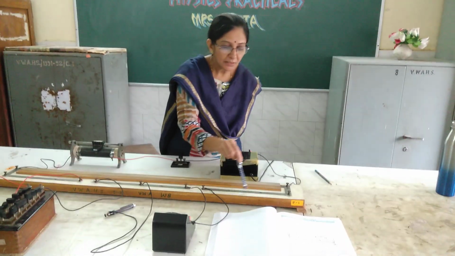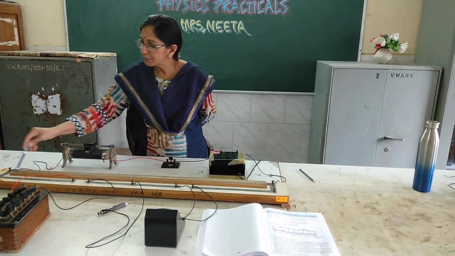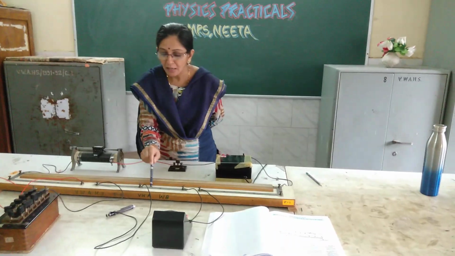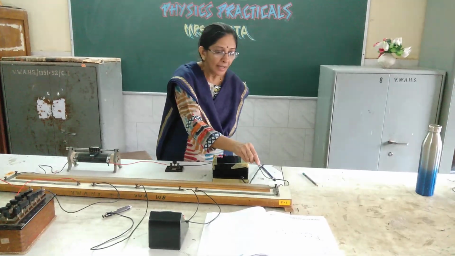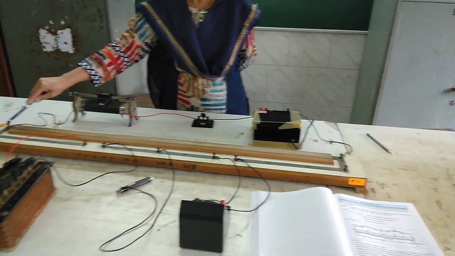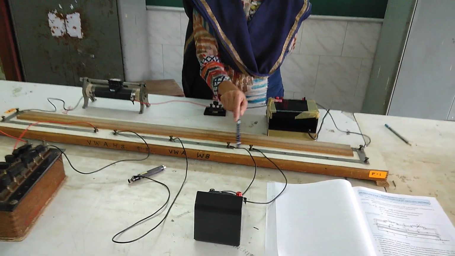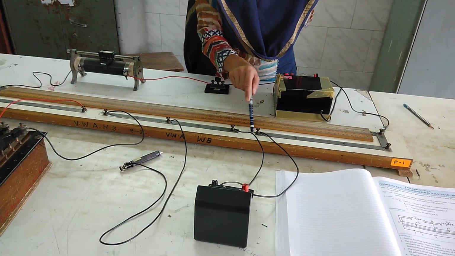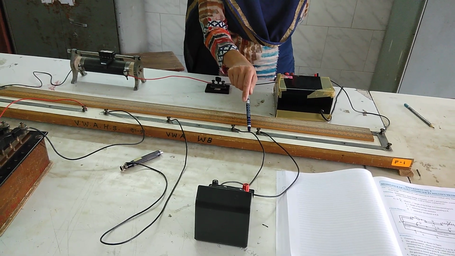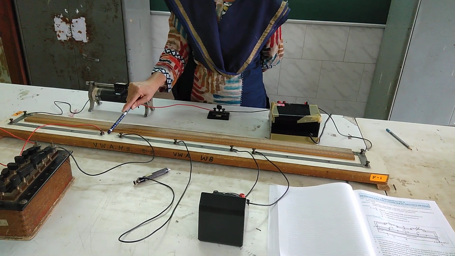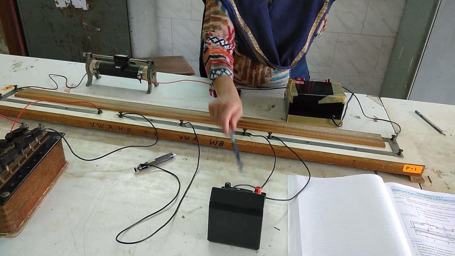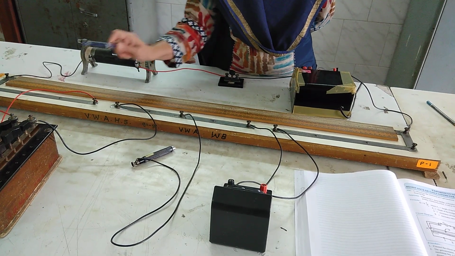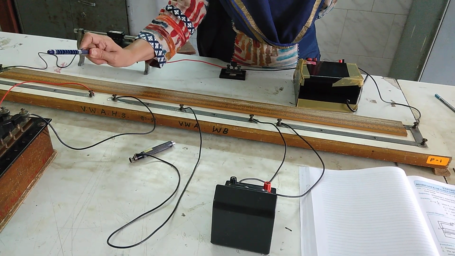You can see these are the two L-shaped metal strips, and this one is the middle straight metal strip, with A terminal, B terminal and C terminal. Now this one is the left gap. You can see there is a gap, no metal strip. So this is the gap. So it's the left gap and this is the right gap. As in the circuit diagram, we have to connect the galvanometer in the left gap, and in the right gap we have to connect the resistance box.